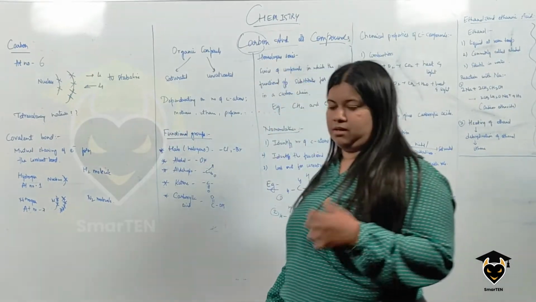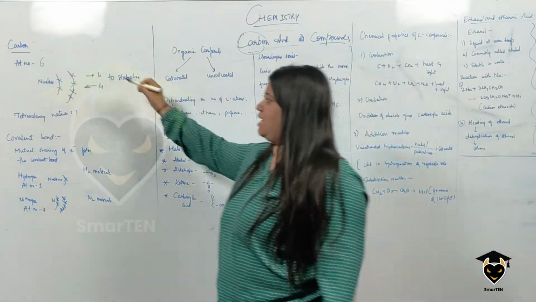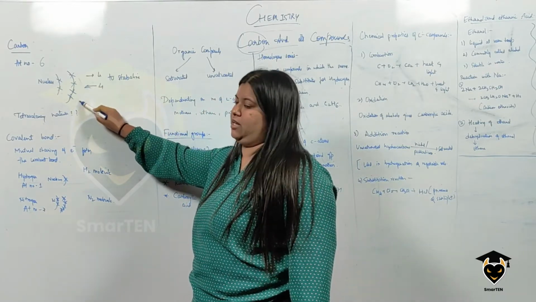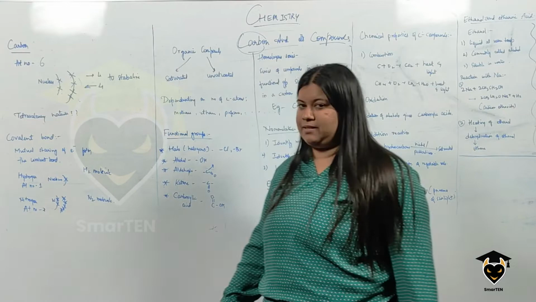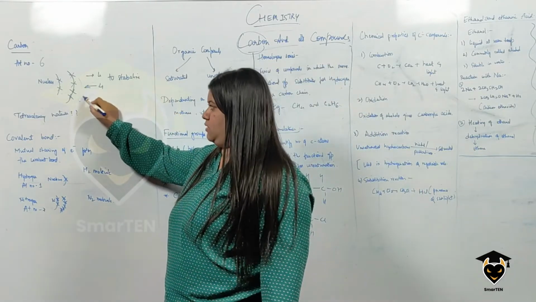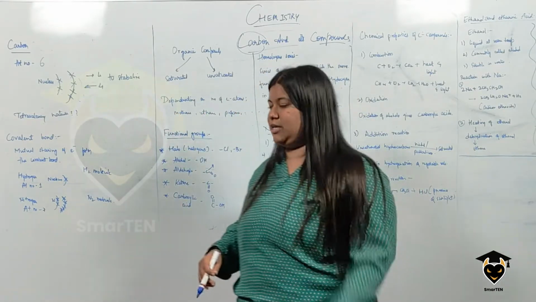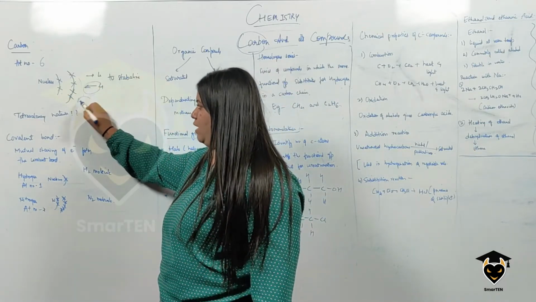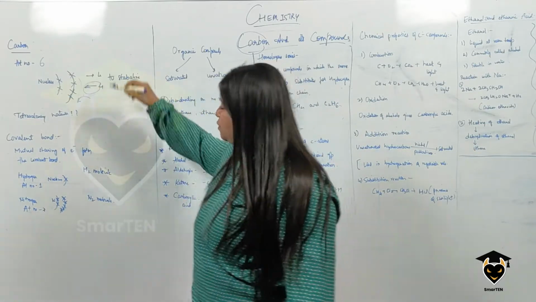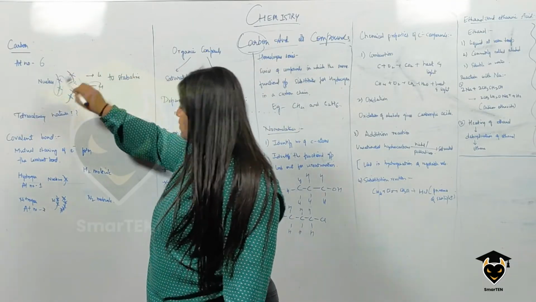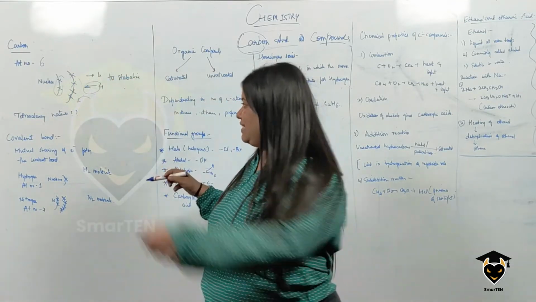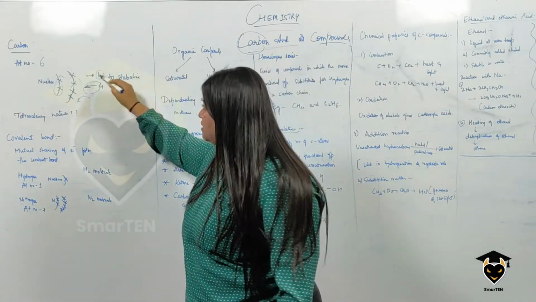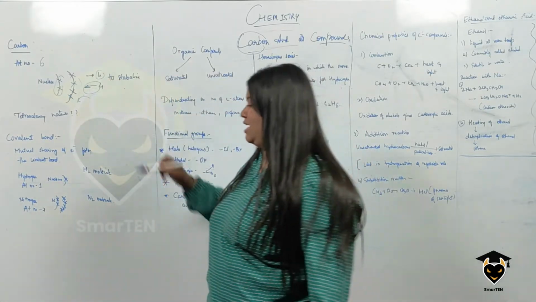Now, carbon, atomic number being 6, has 2 electrons in the first shell and 4 electrons in the second shell. Now, in order to become stable, it needs 4 more electrons. To satisfy the octet rule, it has to accept 4 electrons. In order to satisfy the duplet rule, it has to give away 4 electrons. So this tendency of the carbon either to give away 4 electrons or gain 4 electrons is what is called